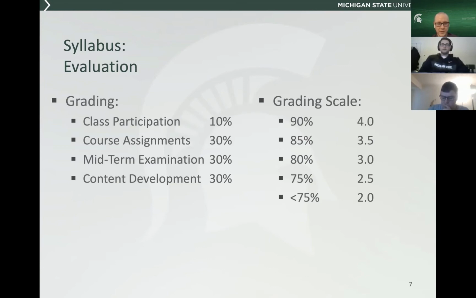For the midterm exam, my current plan is to have it over the course of one day. I don't expect it will take you anywhere near 8 hours, but you'll have the time at any point in that day to work through the exam, and it will bring together all the content we're covering over the first half or so of the course. In the latter stages, there'll be a few additional assignments and the other piece, like I said, is content development. The grading scale is basically a straight scale, as I'd use in any of the grad courses.